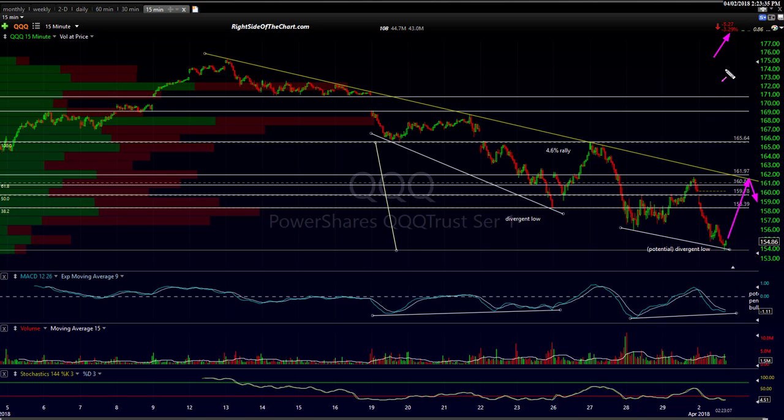We're a little off today's lows, but with all that's going on, I don't see much more downside than this today. In fact, I think we may have put in the lows. So this is my guess: a little bit of rally here in the last part of the day, possibly rally all the way up into the close today as well. And if we don't, like I said,